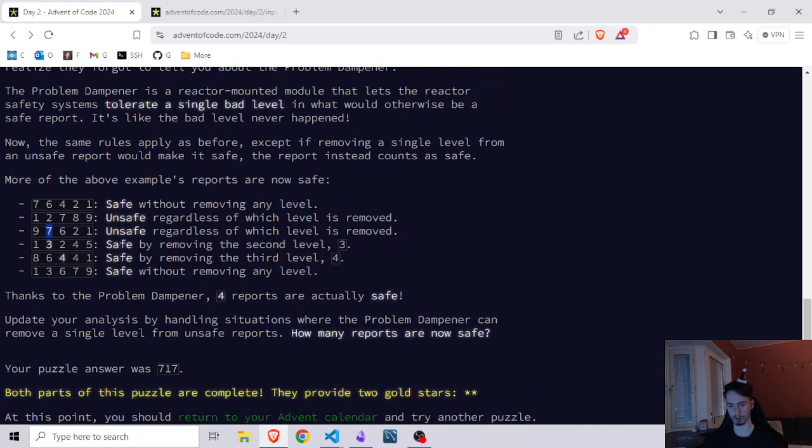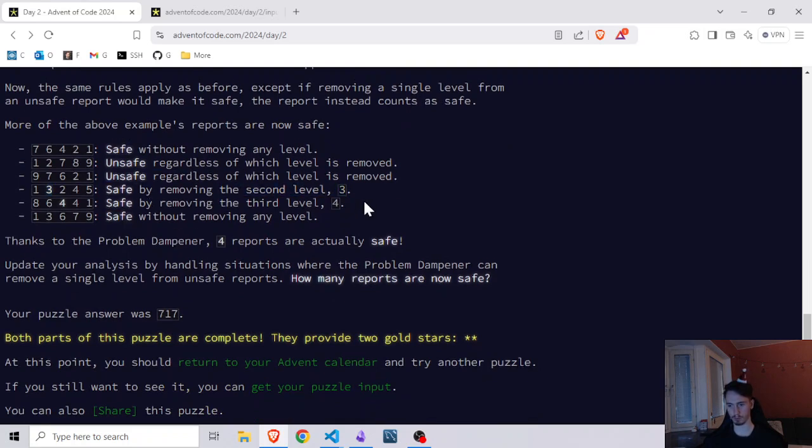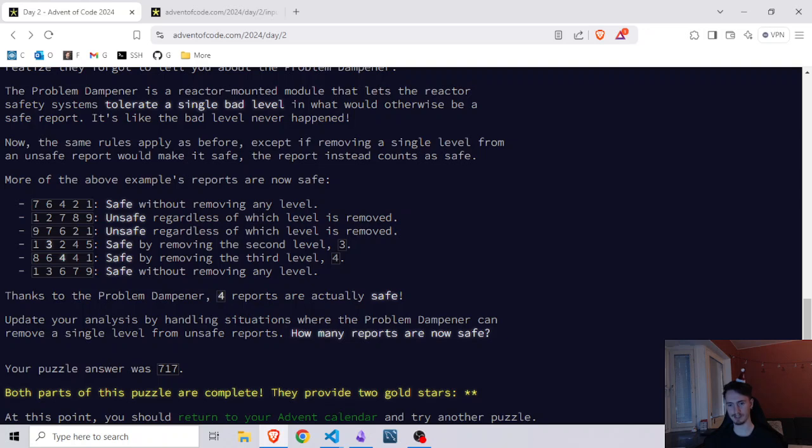Can we somehow make the level safe if we remove any level that we want? So for example, this one is unsafe right now because you see it's increasing, but then it's decreasing. That's not good. But we can make it safe by removing the 3, then it becomes 1, 2, 4, 5, which is actually safe. So what we have to do is to do the exact same thing that we've done